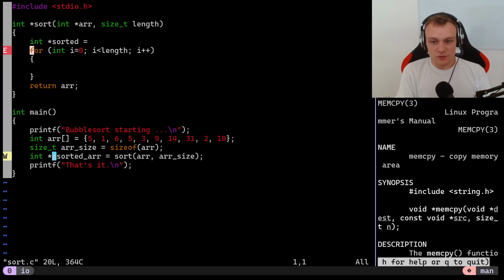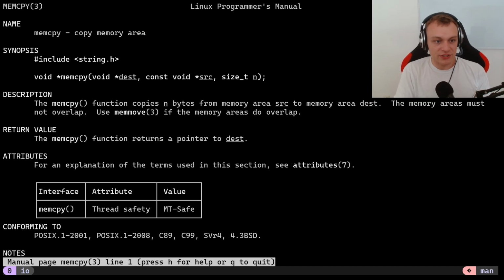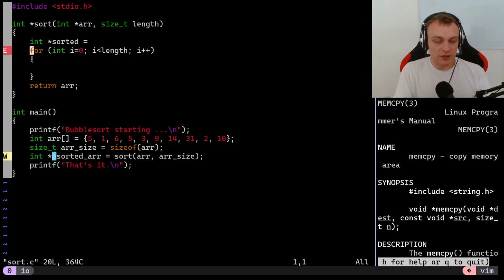Let's open the documentation again. So memcopy copies n bytes from the memory area source to memory area destination. The memory areas must not overlap. Yeah, otherwise the application would break, or we would run into undefined territory. So what we do is we create a copy of the array,